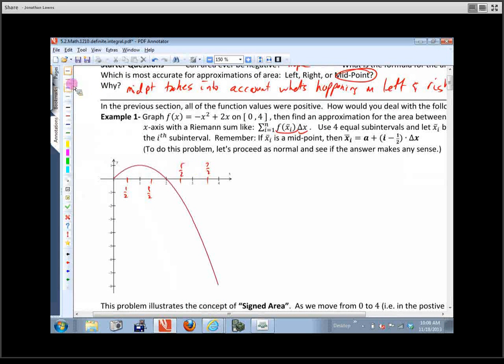So let's draw our little rectangles. Now I'm going to need a little bit of help calculating these, so double check our calculations. Remember, we're going to sum from i equals 1 to 4, because we've got 4 subintervals, and then we're going to have a function height. This particular one is a little bit more complicated than the ones that we dealt with last time. It's going to be negative x bar i, quantity squared, plus 2 times x bar i, and then we multiply